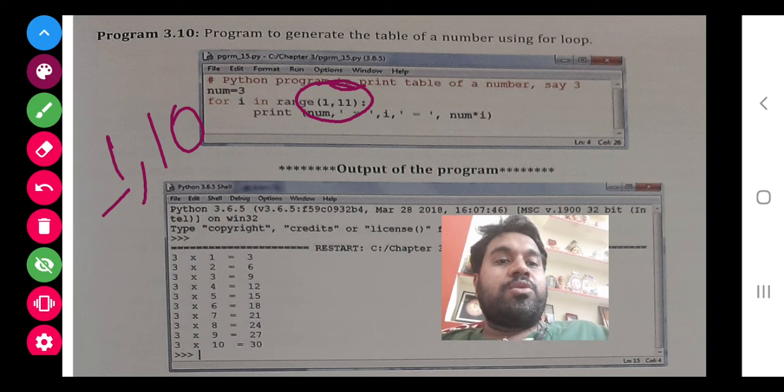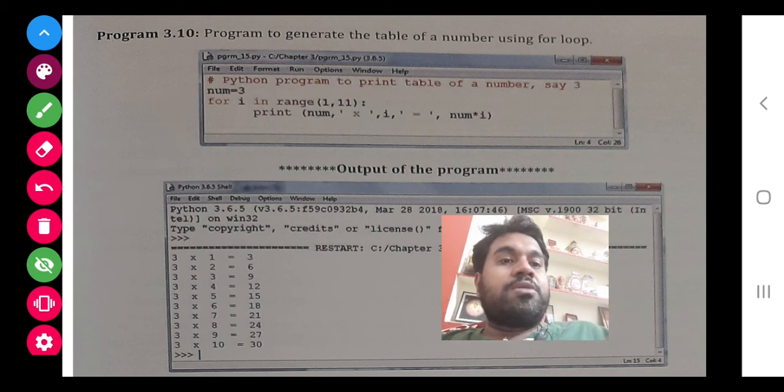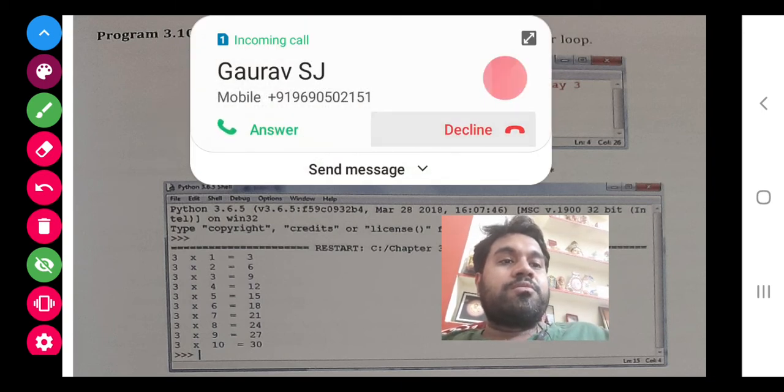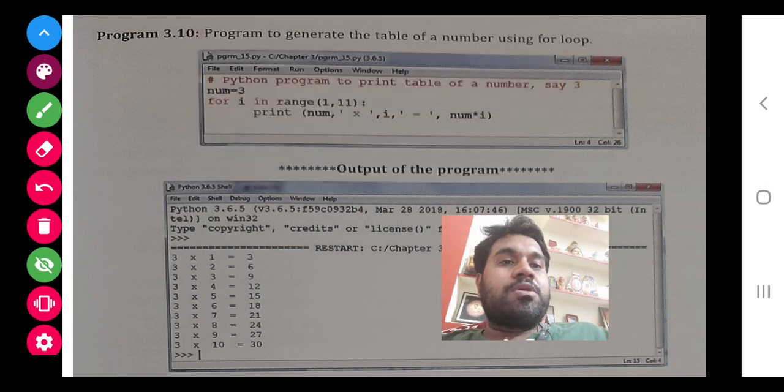Here it is not given steps. Here only two position values are given. First is the initial, second is the final.